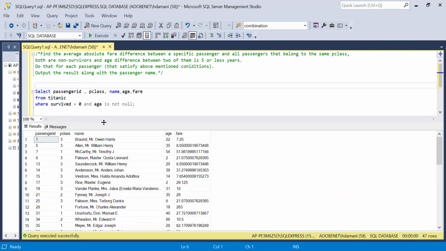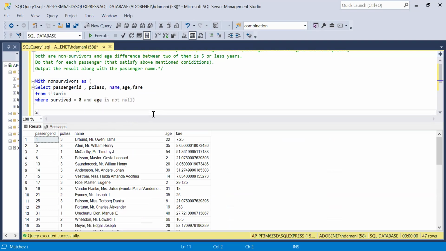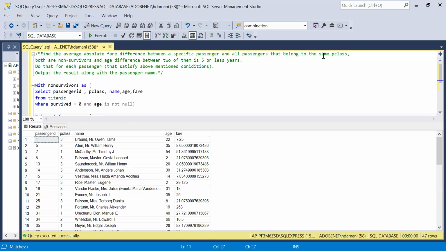Now let me just put this into a CTE. So with, let's say, non-survivors as the CTE, select star from non-survivors. Okay. Now, on top of this, what we basically have to do is ensure the passengers